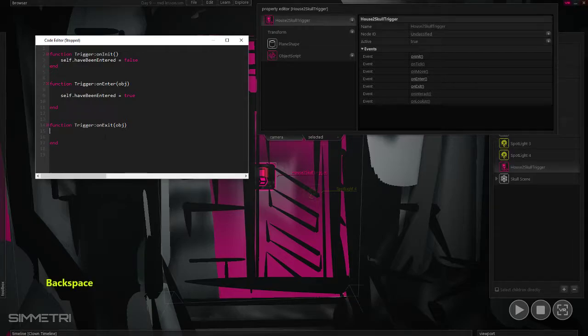And when I come through the exit, now I just need to test for if self.haveBeenEntered, and you need 2 equal signs to test in a conditional. Say if self.haveBeenEntered equals true, then, oh, excuse me, my then needs to be over here. And I need to have an end for this statement. If I've gone through this and I'm coming back, now when I'm exiting, if that's true,